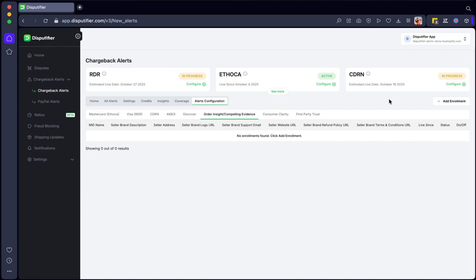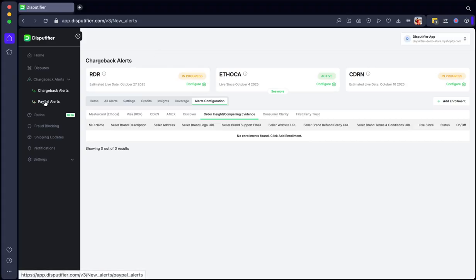We provide them with sufficient evidence to be able to actually say, hey, you know what, this business is legitimate. However, this customer is actually taking the system for a ride, and you guys should not be considering this towards the VAMP ratio for this merchant. And then we're also one of the few chargeback apps, or I think probably the only chargeback app